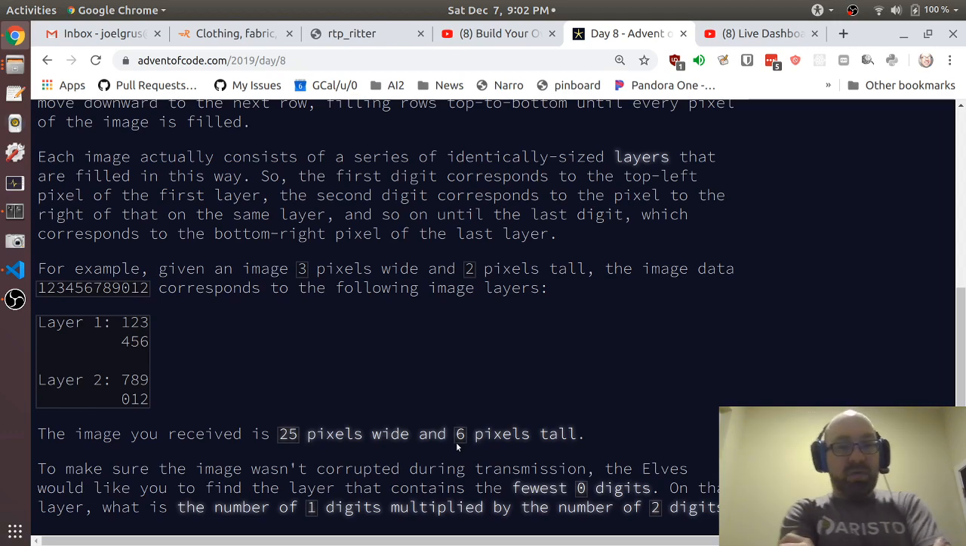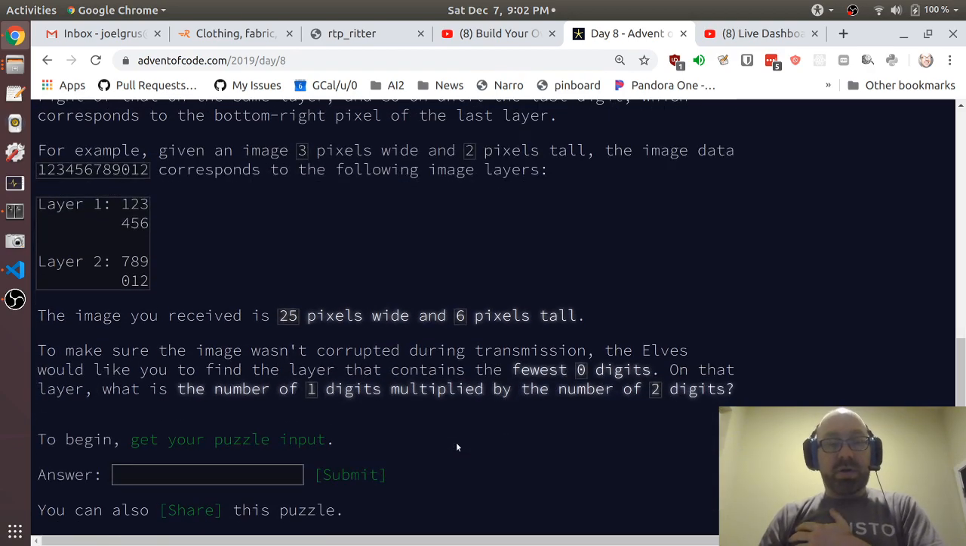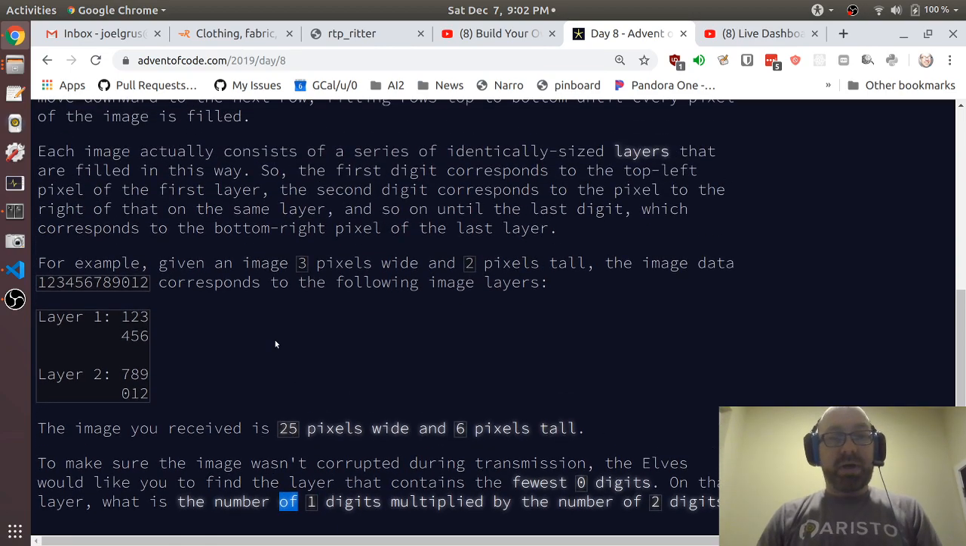The image you received is 25 pixels wide and 6 pixels tall. To make sure the image wasn't corrupted, they would like you to find the layer that contains the fewest 0 digits. On that layer, what is the number of 1 digits multiplied by the number of 2 digits? Okay, so